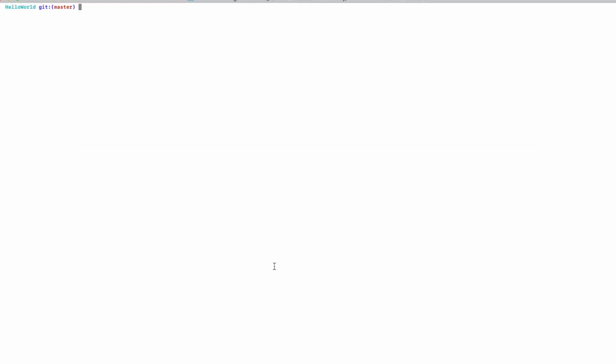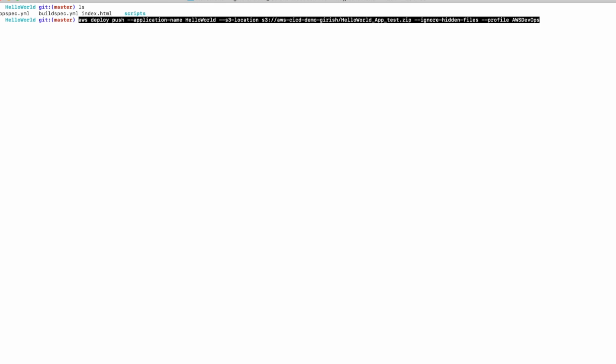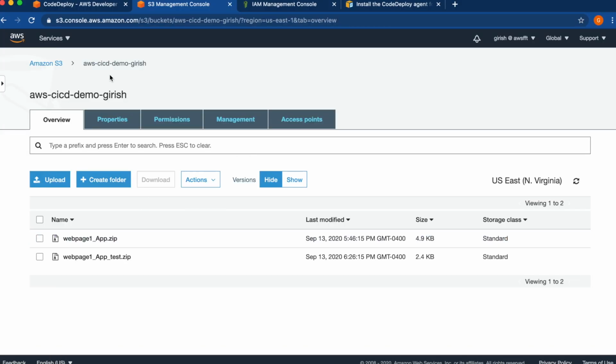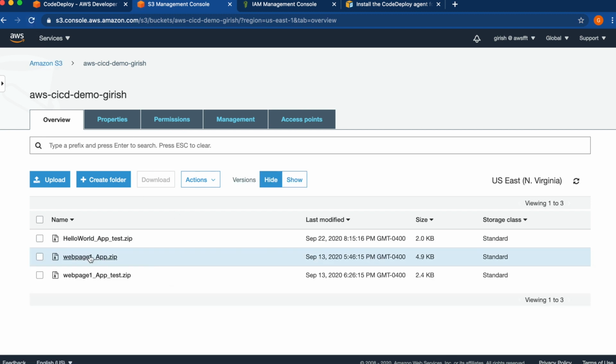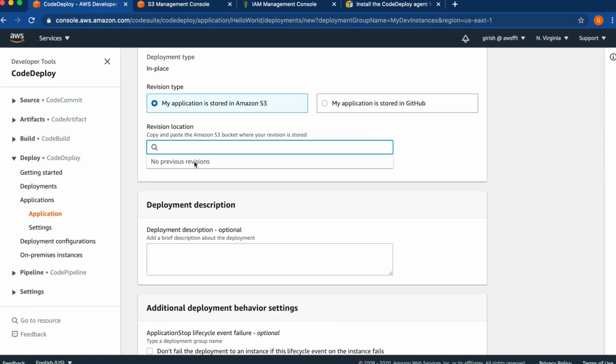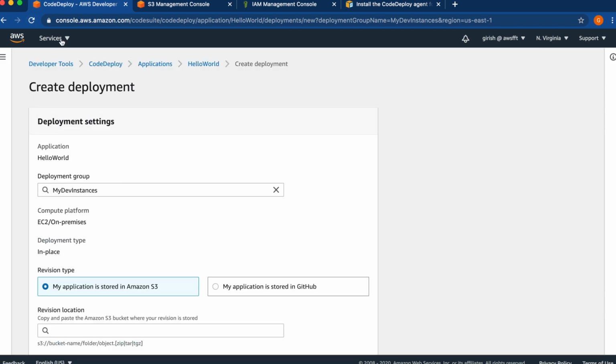So let's go to this, and we have our application here. So let's see, right? Yeah, so it should have created these files in S3. Right, I'm just going there and just refresh. Yeah, you can see that this application version is created. So now let's see if we can choose it from here. Okay, we need to refresh. Let me refresh it and then do it.